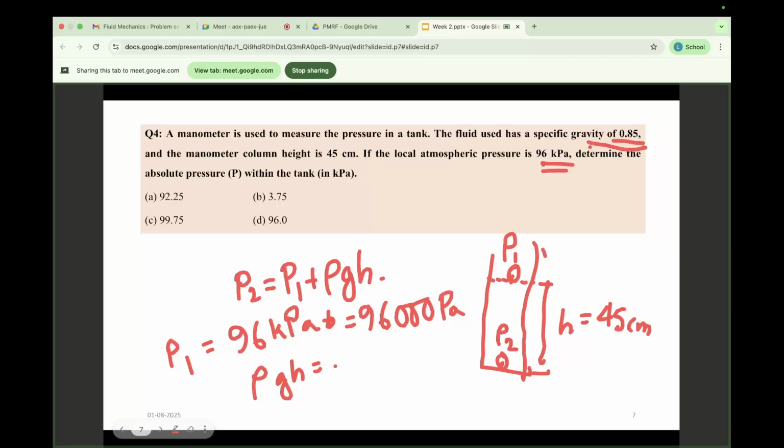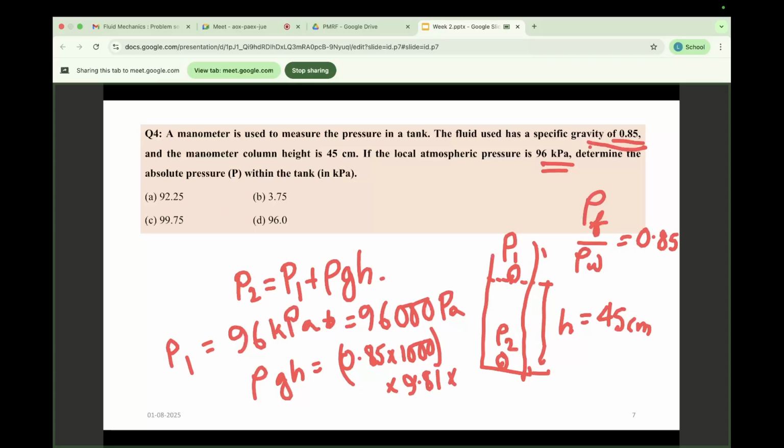What I have said, the specific gravity is the ratio of density, like if it is a fluid F by water equal to 0.85, and we know the density of water is 1000. So here this density equals 0.85 into 1000, and gravity we know